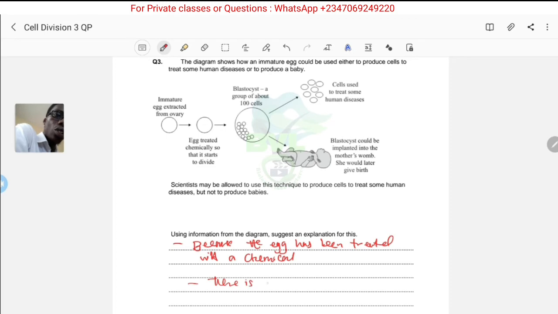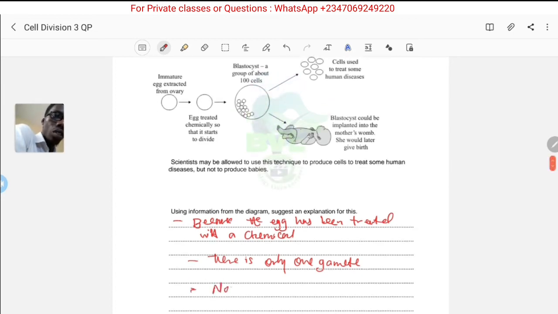Number two is that there is only one gamete, which is the egg cell. Just one egg cell. The sperm cell is not there, so just only one gamete. So for that reason, no genetic variation,